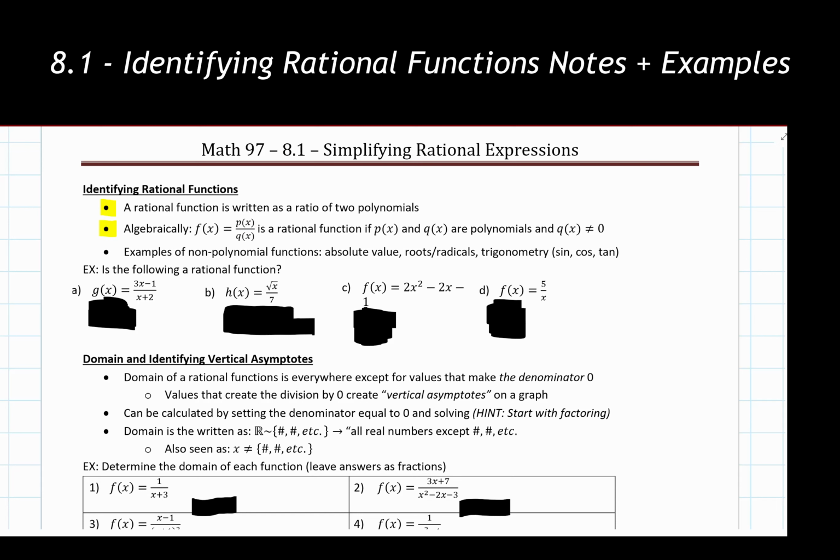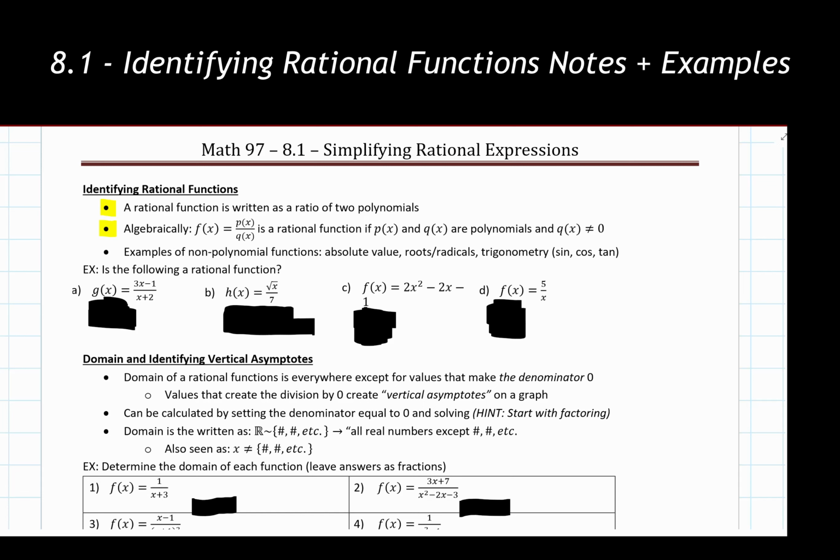Now we do have some other properties showing up in here with the rest of our definition, stating where q, our denominator in this example, is not equal to 0. We're going to get to the specifics regarding this later on in our domain section, but starting off with what we have currently, this is our definition. But again, I want to make sure it's very clear that we're zeroing in on the part that's saying it's a ratio of two polynomials. So polynomial on top, polynomial down below.